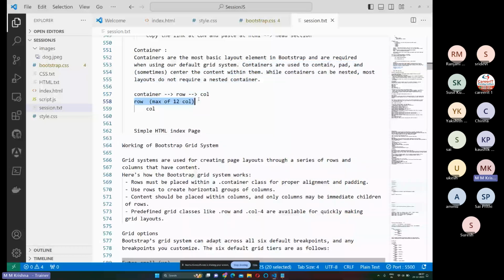But the best thing is to fit the content in these 12 columns in a row. Apart from that, more columns will shrink your content and it will not appear good. That is the reason a row can have a maximum of 12 columns. Row will be represented with row and columns will be represented with column. So like this,